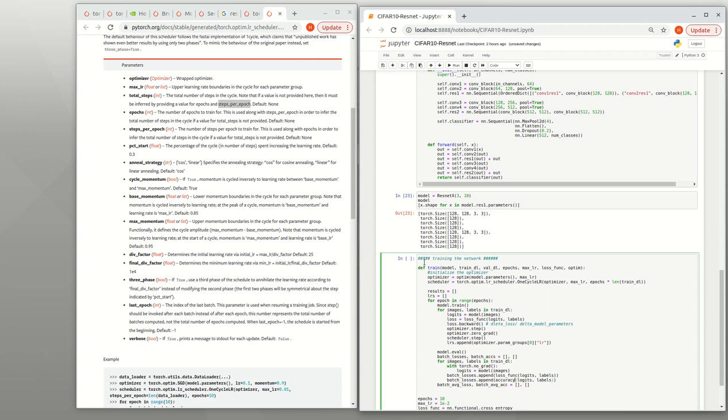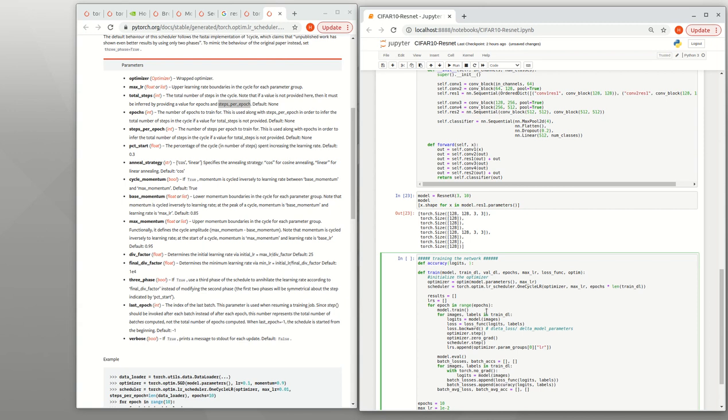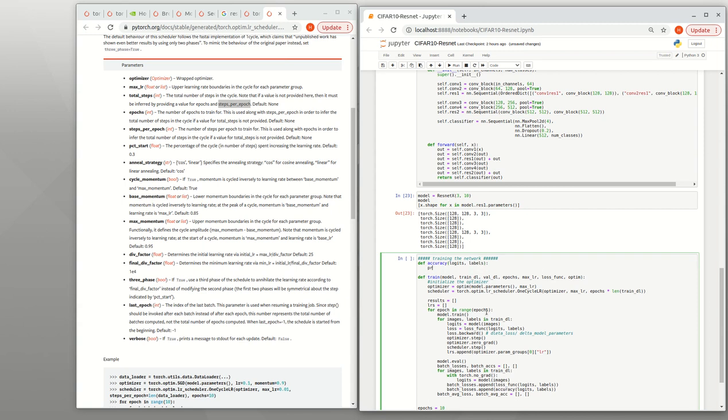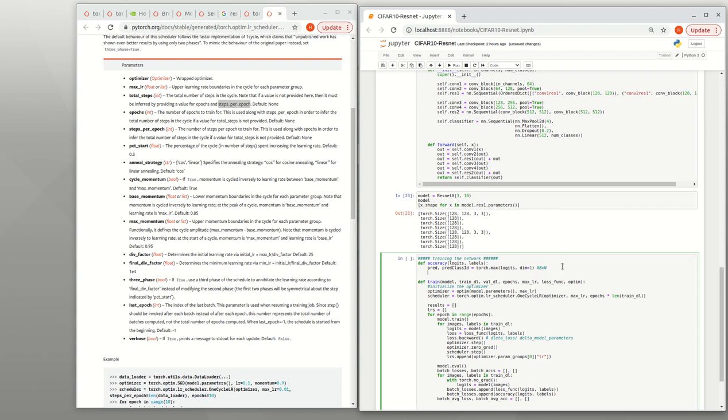And here I can define accuracy, with logits and labels. So it's something like prediction and predicted class ID, and that is going to be torch.max of logits, and then these logits have this dimension batch size times n, one of the n class outputs, and I want to know the maximum in dimension 1, not 0. And then I can return the torch.sum